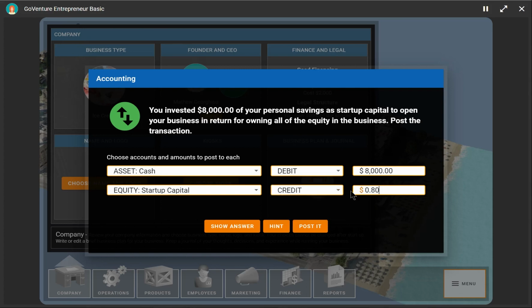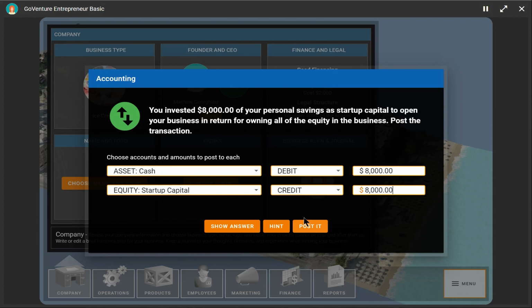So we're going to do 8,000. That's one of the things you just have to remember in accounting: what type of accounts are debits and what kind are credits. And there's 5 different types of accounts: asset, expenses and cost of goods, liabilities, equity, and revenue. So there we go. We've got a debit, an increase of cash of $8,000, and an increase of startup capital of $8,000, which in this case is represented as a credit. So we can post this.